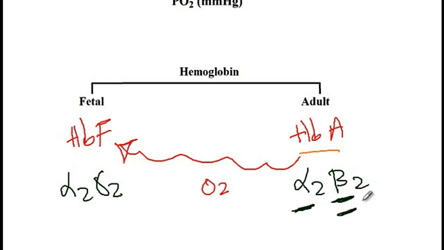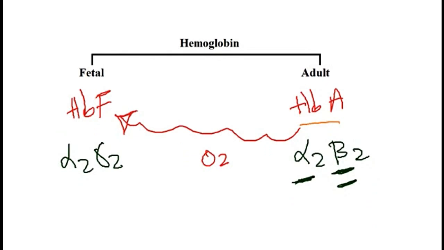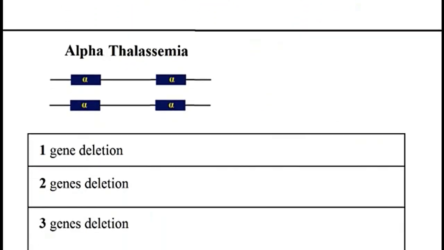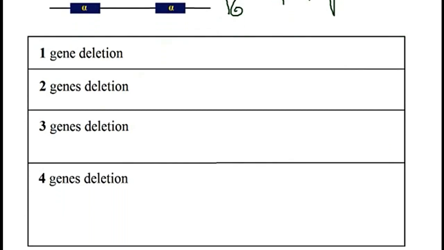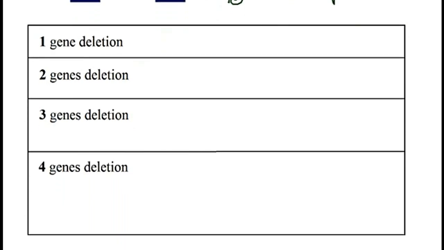So next, I would like to review these disorders with you. So first, starting with alpha thalassemia, which is from mutations in the alpha gene that is located on chromosome 16. So we have 2 chromosome 16, and then there is 2 genes of alpha globulin on every one of these chromosomes. So total, we have 4 alpha genes. And so for the same reason, there are 4 different forms of alpha thalassemia that exist, depending on how many